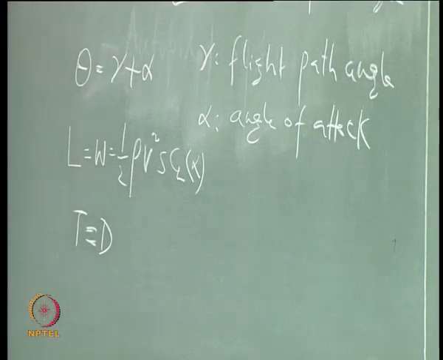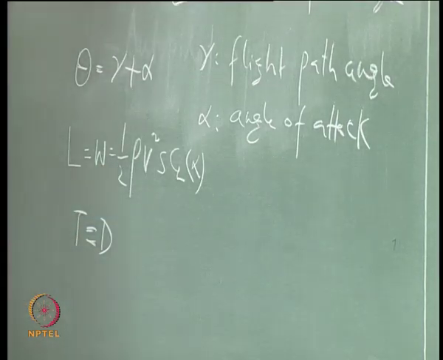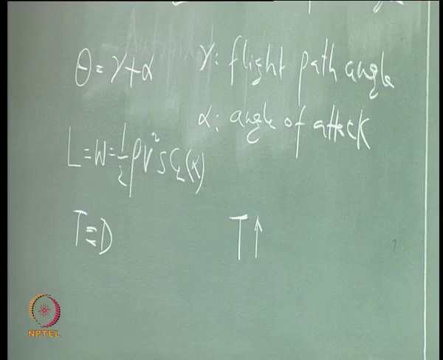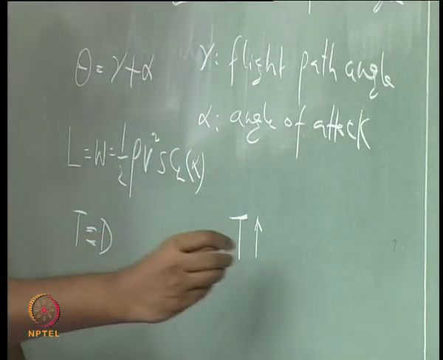Whenever there is a change in throttle, that changes the velocity, and if this change is to increase throttle somehow, then the alpha goes down to balance